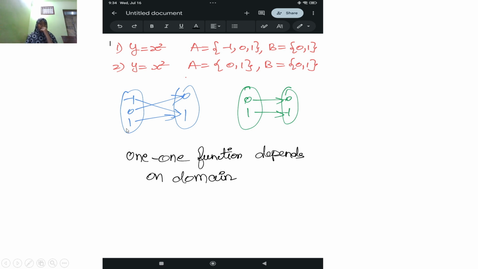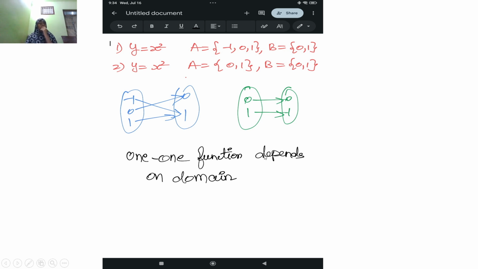Here the domain is different. Minus 1, 0, 1 here, and 0, 1 here. And the functions are the same. Both are using the same thing, x square. But if you look at the blue diagram, minus 1 and 1 are sharing the image 1, and the green diagram doesn't share the